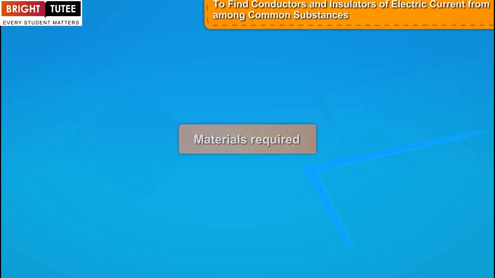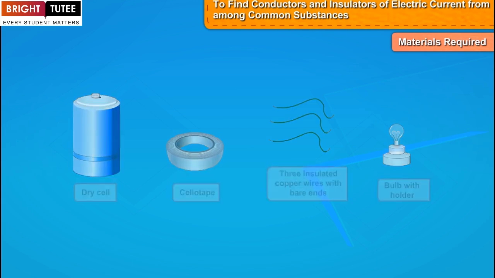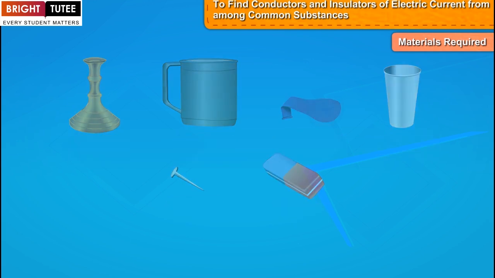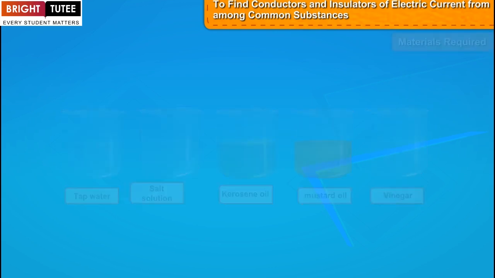To find conductors and insulators of electric current from among common substances. Materials required: dry cell, sellotape, 3 insulated copper wires with bare ends, bulb with holder, brass candle stand, plastic mug, rubber balloon, steel glass, common pin, eraser, tap water, salt solution, kerosene oil, mustard oil, vinegar. Method: